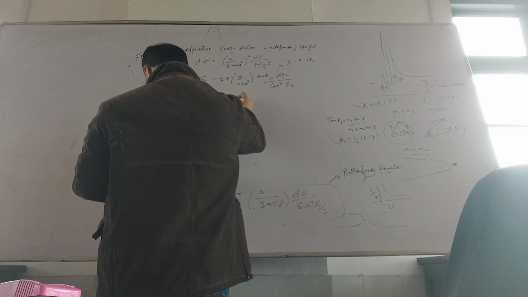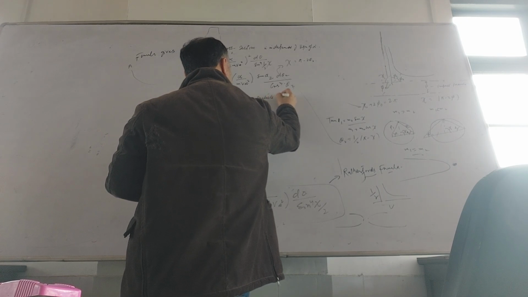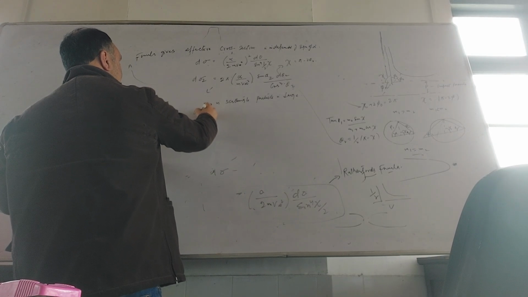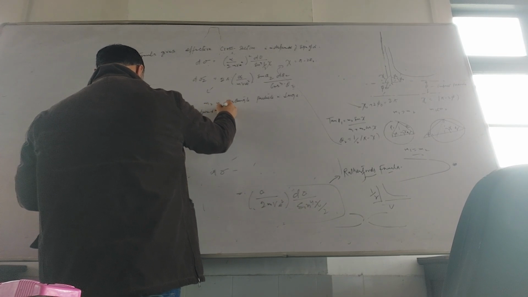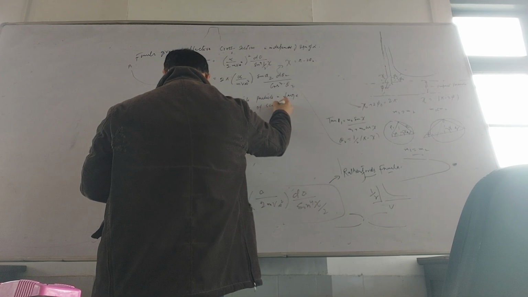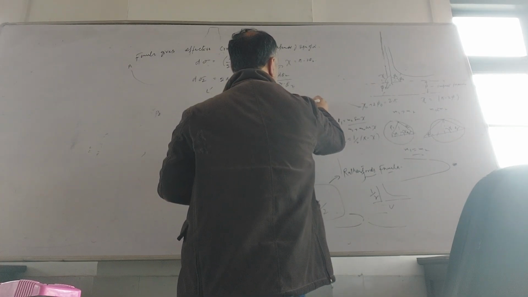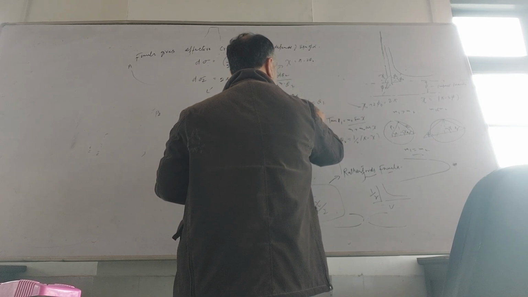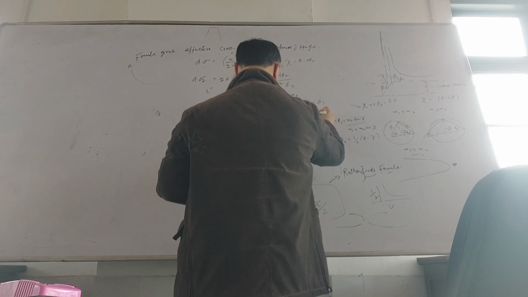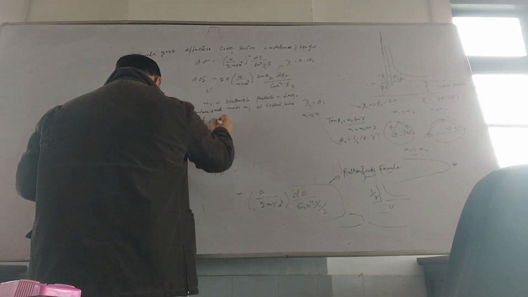If M2, the scattering particle, is large compared with mass M1 of the scattered particle, then chi 1 is equal to theta 1, and so d sigma is equal to,